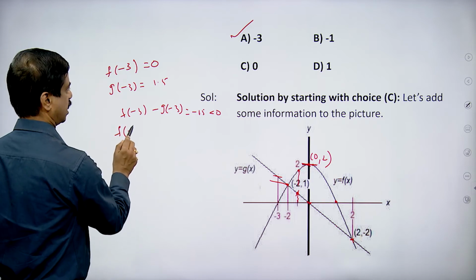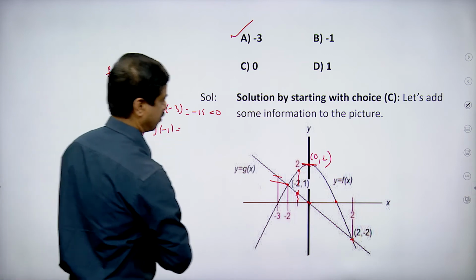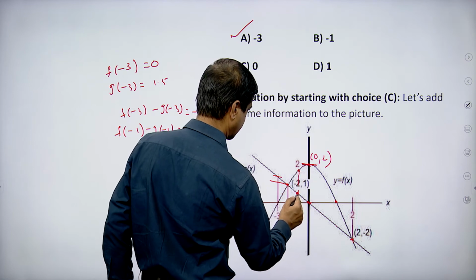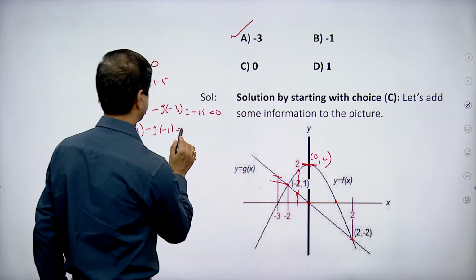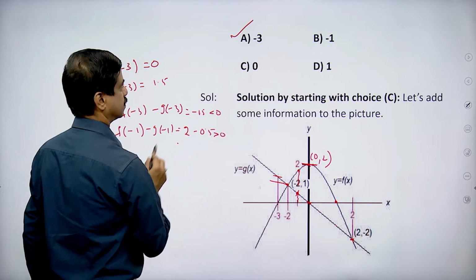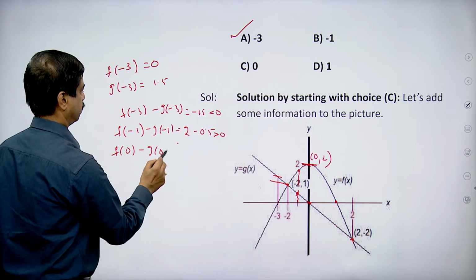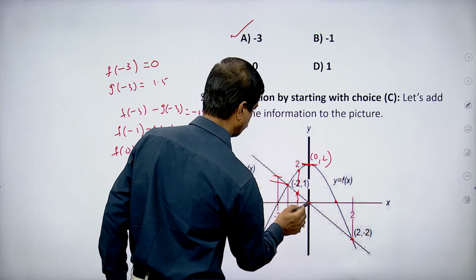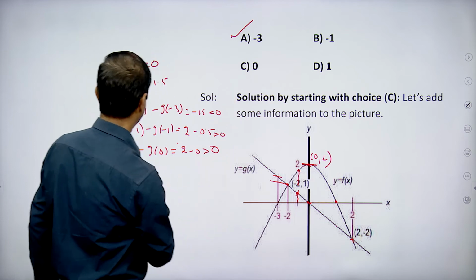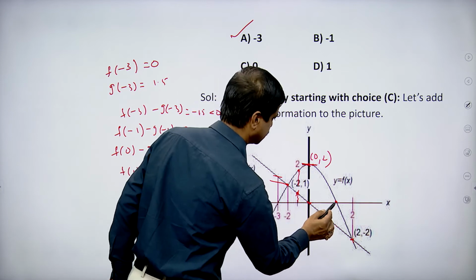I am writing that f of minus 1 minus g of minus 1. f of minus 1 is 2, g of minus 1 is somewhere around 0.5. Now f of 0 minus g of 0: f of 0 is 2, minus g of 0 which is 0, so 2 minus 0 which is greater than 0. Then f of 1 minus g of 1: f of 1 is 0